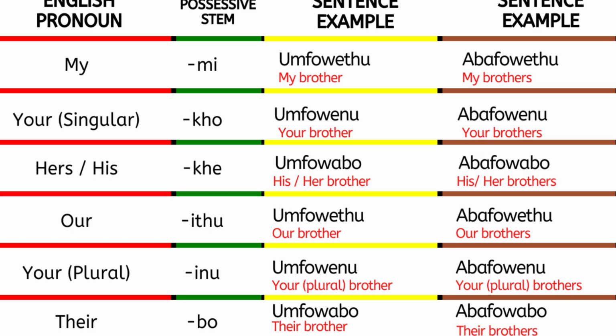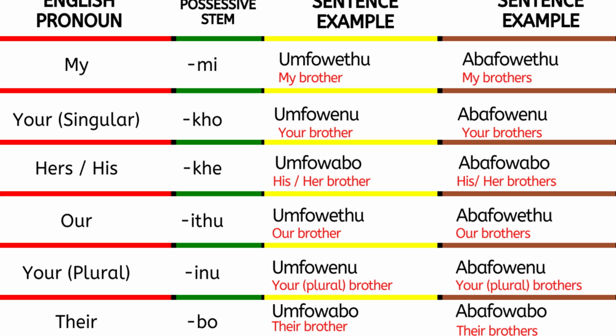Now, it's the same way with a brother. Umfo, do you hear that? Umfo is a male sibling, meaning a brother. And then abafo, those are male siblings, as in brothers. Now, just a little explanation with this. These words aren't actually used in spoken language